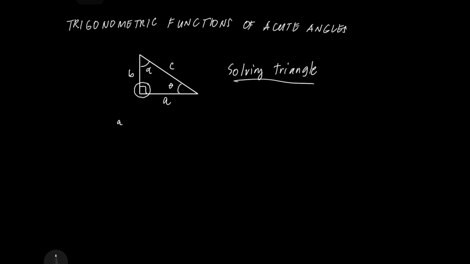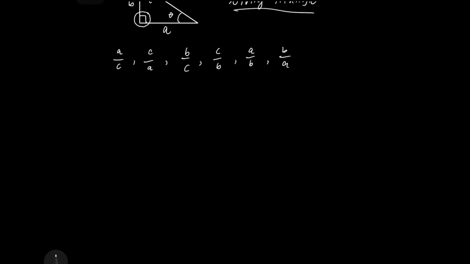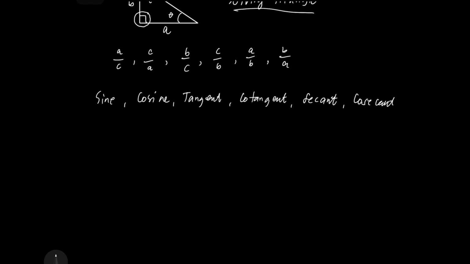And the ratios are actually A over C, C over A, B over C, C over B, A over B, and B over A. These ratios with respect to an acute angle were given trigonometric names, and these are the sine, the cosine, the tangent, the cotangent, the secant, and the cosecant, where